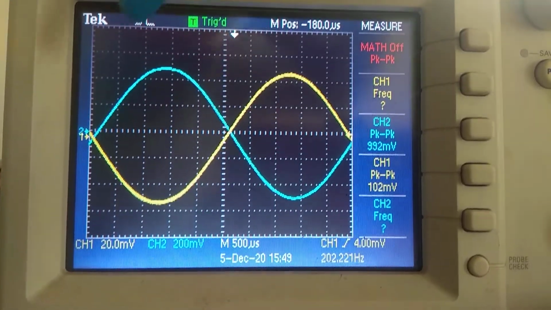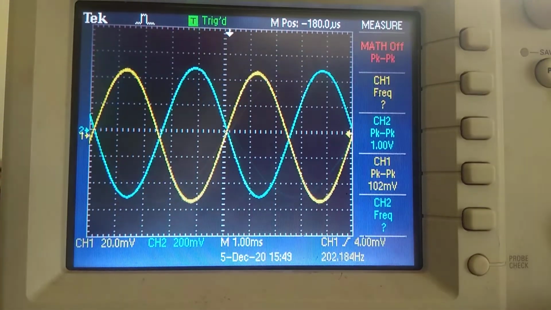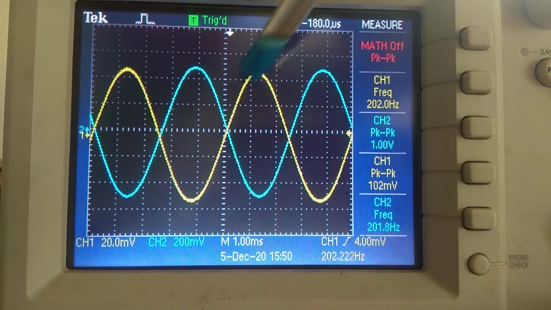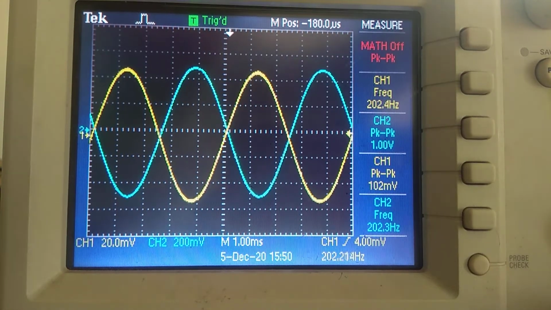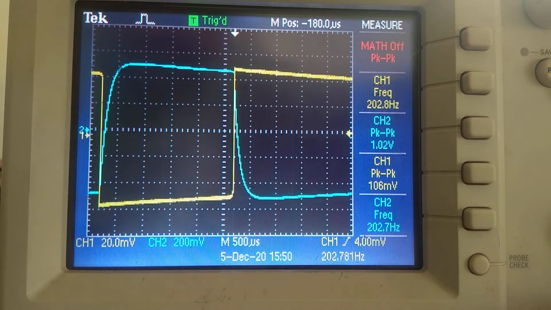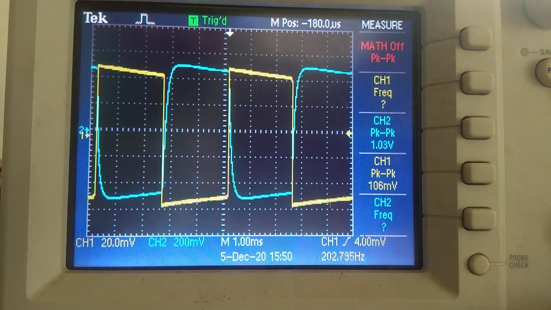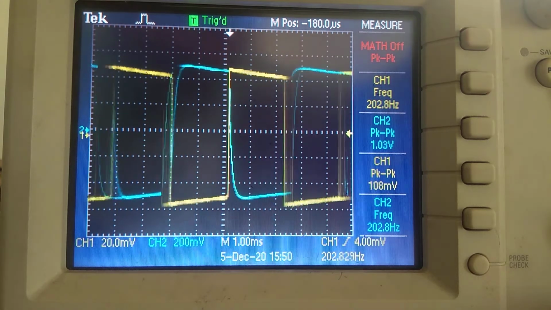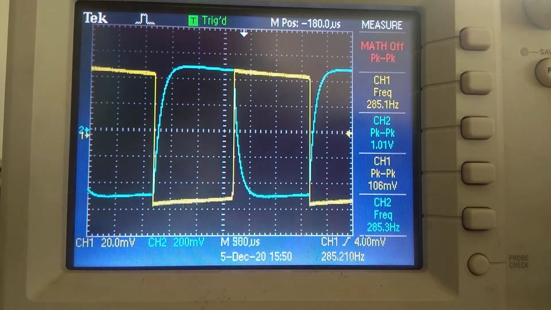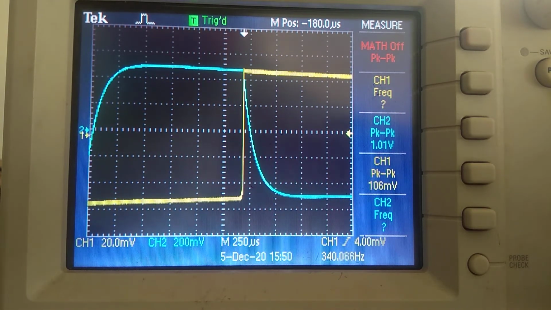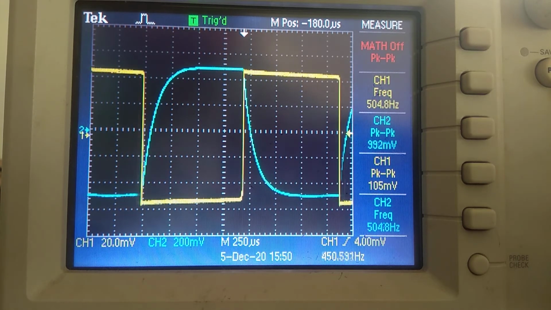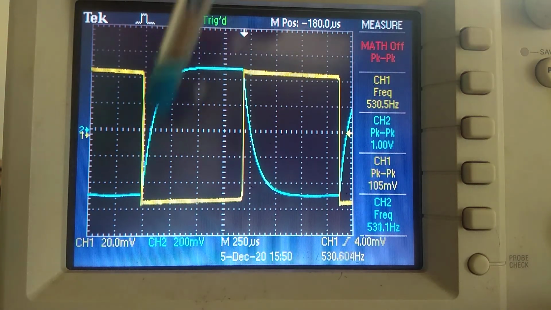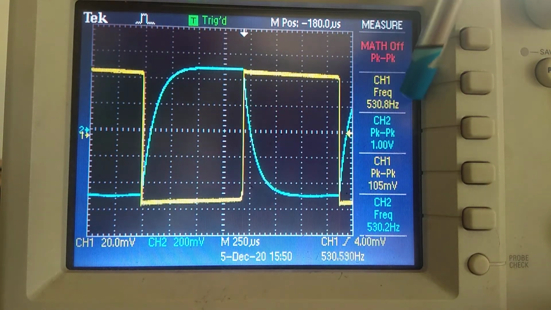Now if you see here, low pass filtering is happening, meaning with the gain of 10, whatever input we are giving, the same output we are getting, but with a phase of 180 degrees because of that negative sign. Now we are going to change to a square wave. Now if you see the square wave, there is still filtering, but you will see the charging and discharging happening as soon as I increase to around 500 Hz. If I increase to 500 Hz, this is still below 1500 Hz. Around 500 Hz, this is your charging in negative DC and discharging happening.